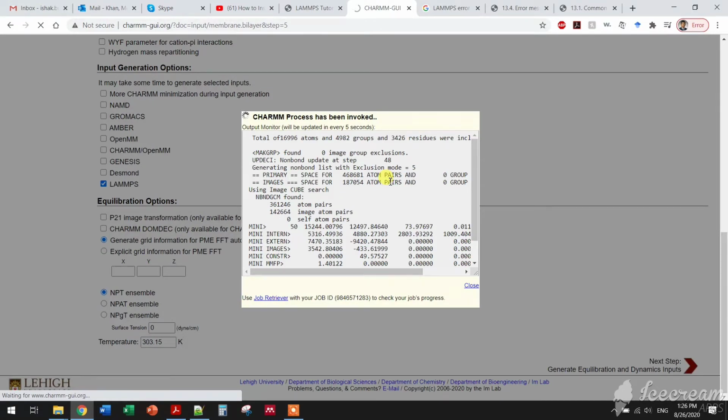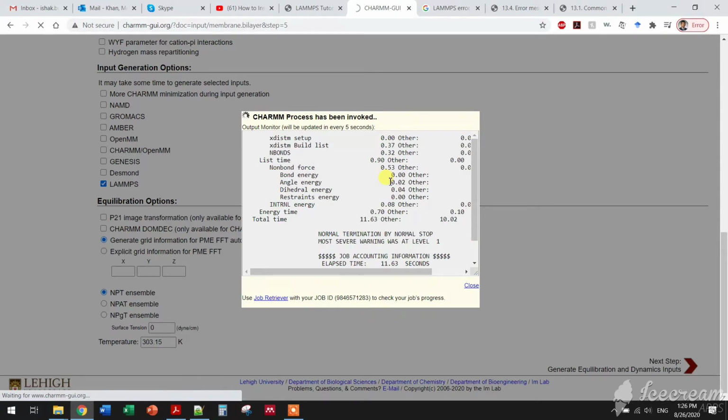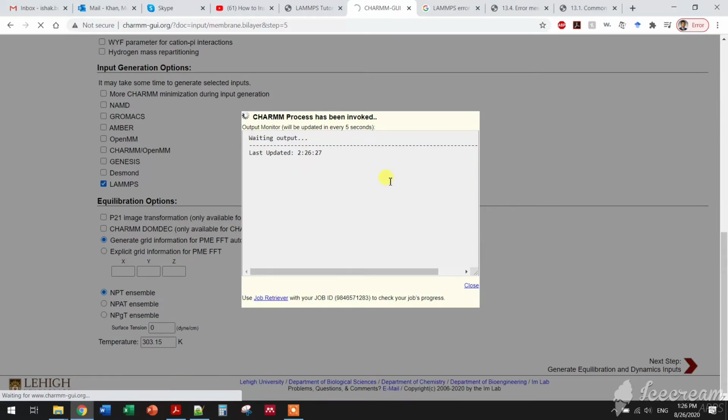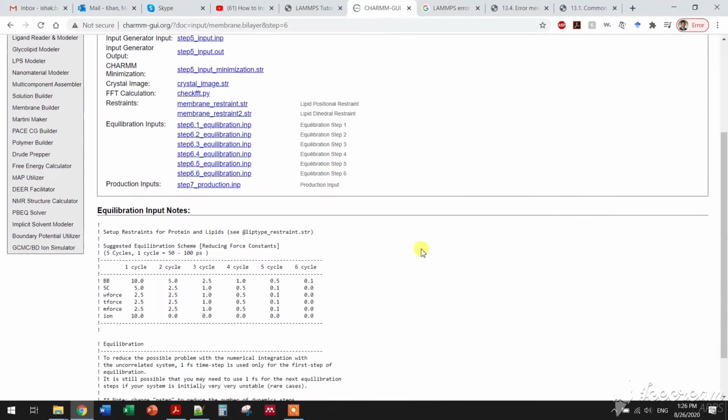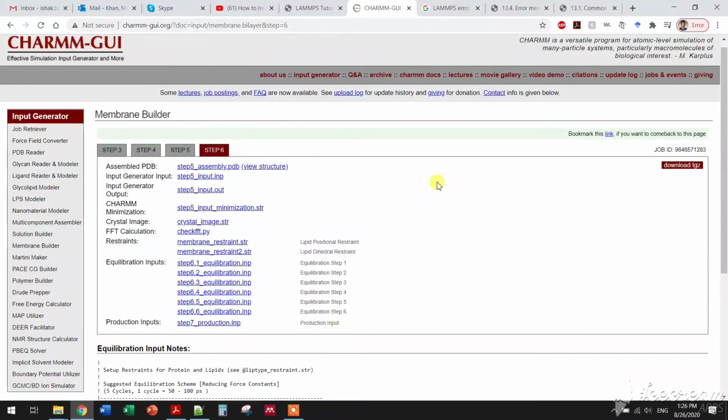There are other converters as well that can serve this purpose, but for this specific example, for protein or lipid or water box type simulations, you can use CHARMM-GUI with great convenience. You don't have to do anything, just give the required commands according to your simulation. Now everything is done. It is in step 6 now. You can see the input files. The good thing is that they provide the input files for the minimization, for equilibration and production. So you just download it,